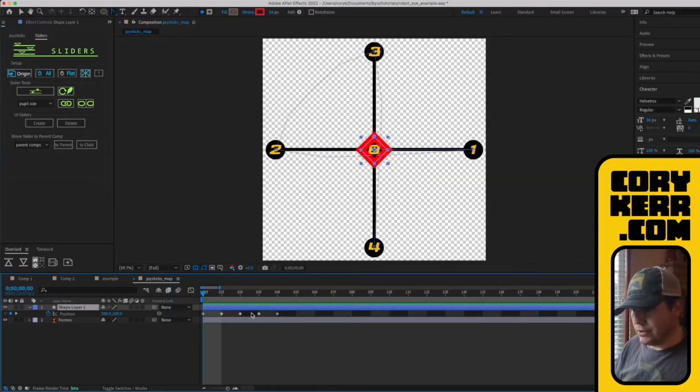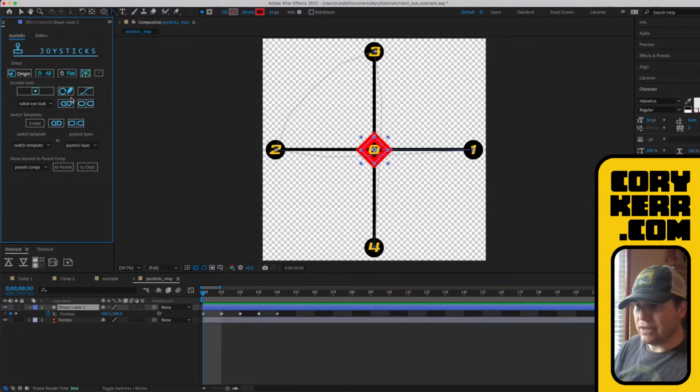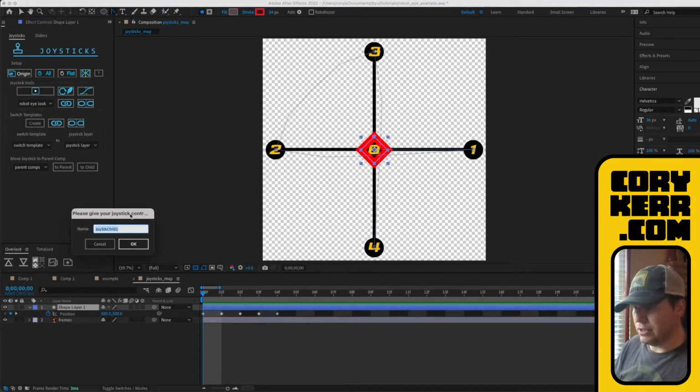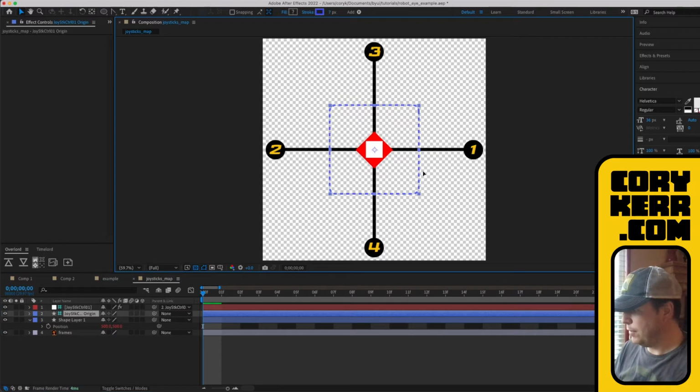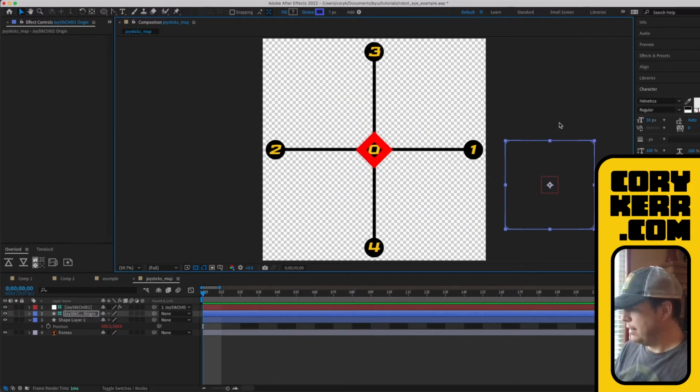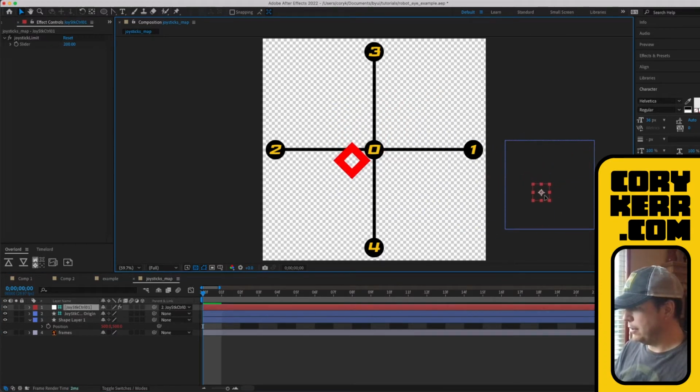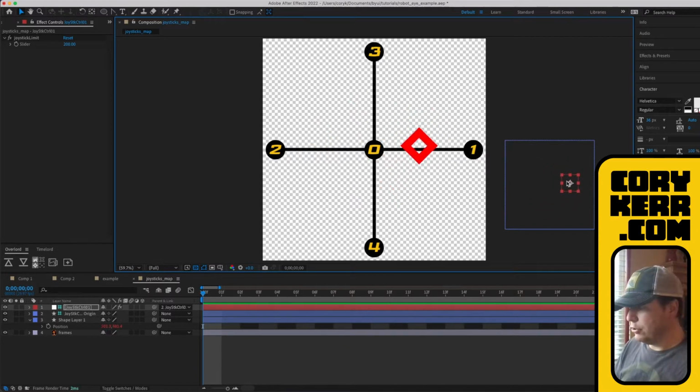you bind those. So we're going to select this, and I'm going to switch over to joysticks. I'm going to press new joystick. You name your new joystick whatever you want, click OK, and then you have this new joystick, which I will then grab, move it out of the way, okay, and then where I move this controller, that moves. That's the basics. You can also do a lot of other really cool things with it.